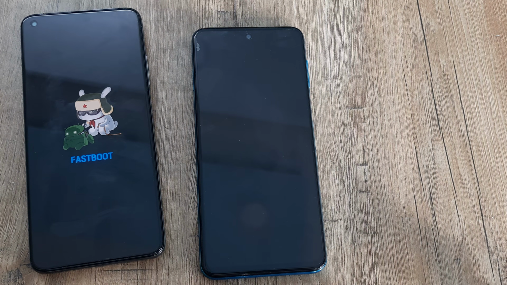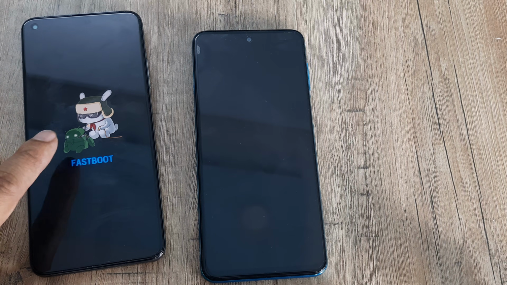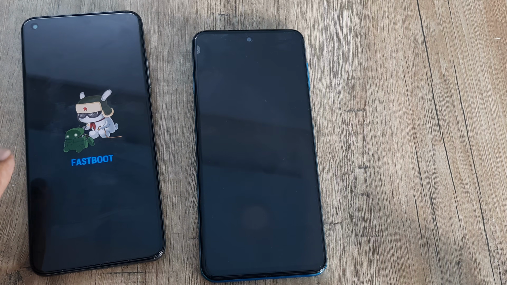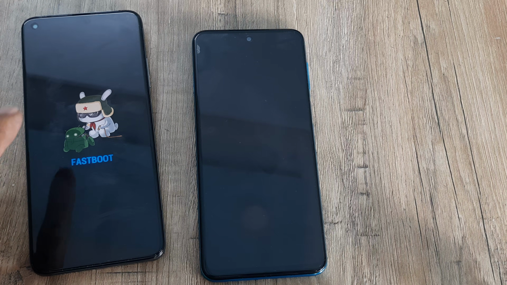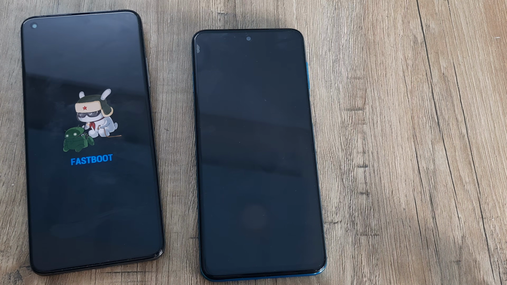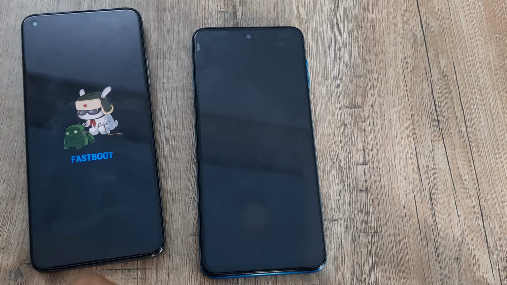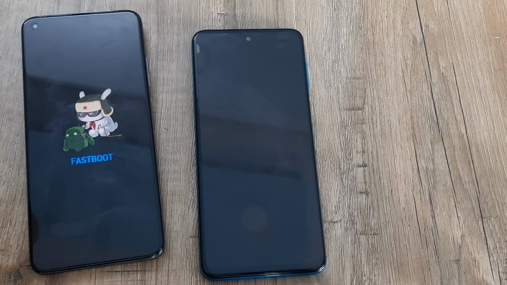Now, let's proceed to understand what this situation is exactly. Fast boot is basically an Android state. It's a condition of Android that we want to bring into. It's not a bug, it's not an error. So if you see this, please don't get spooked. It's nothing to be scared of. In fact, it's a state that we actually bring into intentionally so that we can run certain fastboot commands.